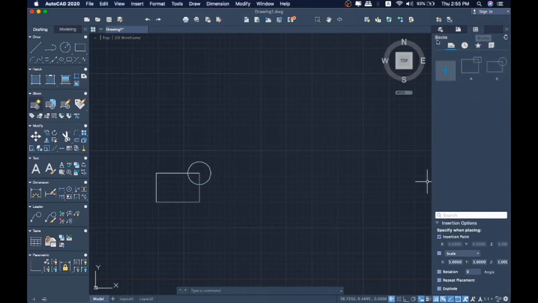Look at this block section, there is an item named B and this is a block, and my original thing has been converted to a block. Previously it was a rectangle and a circle, but now it has been converted to a block. Okay, now if I insert this thing here and use it as a template, there is an option here, insert block. I hit insert block, then